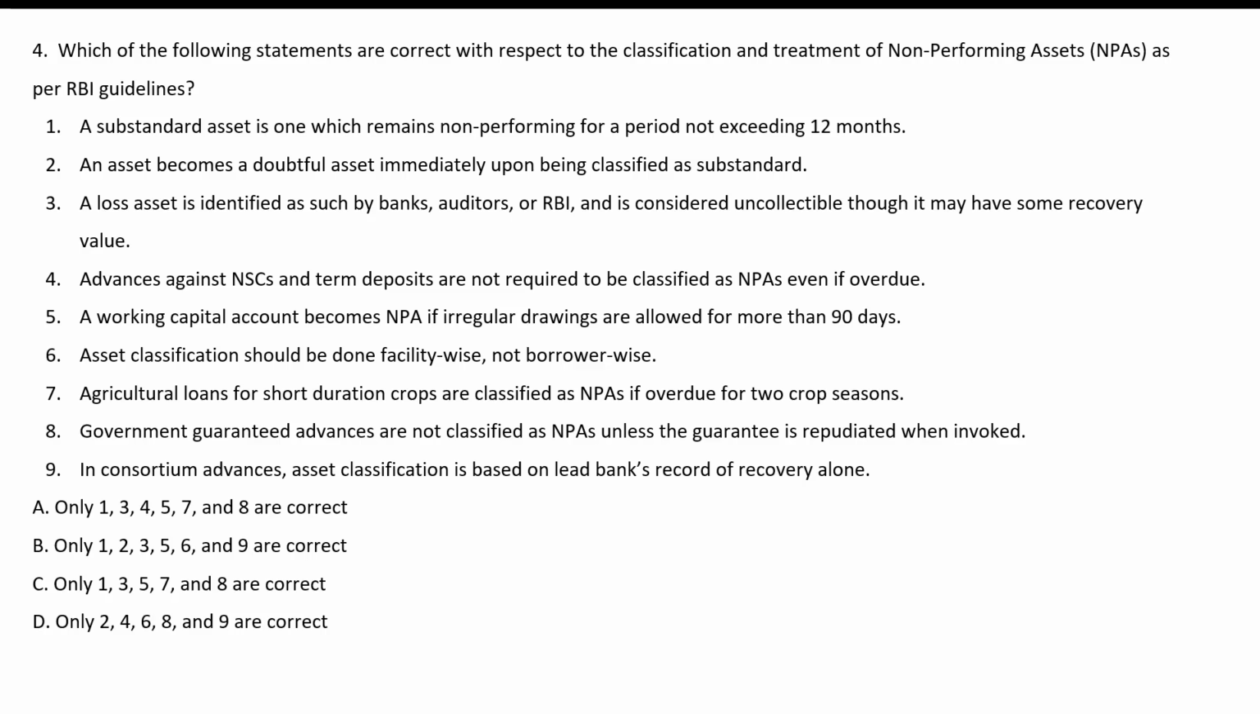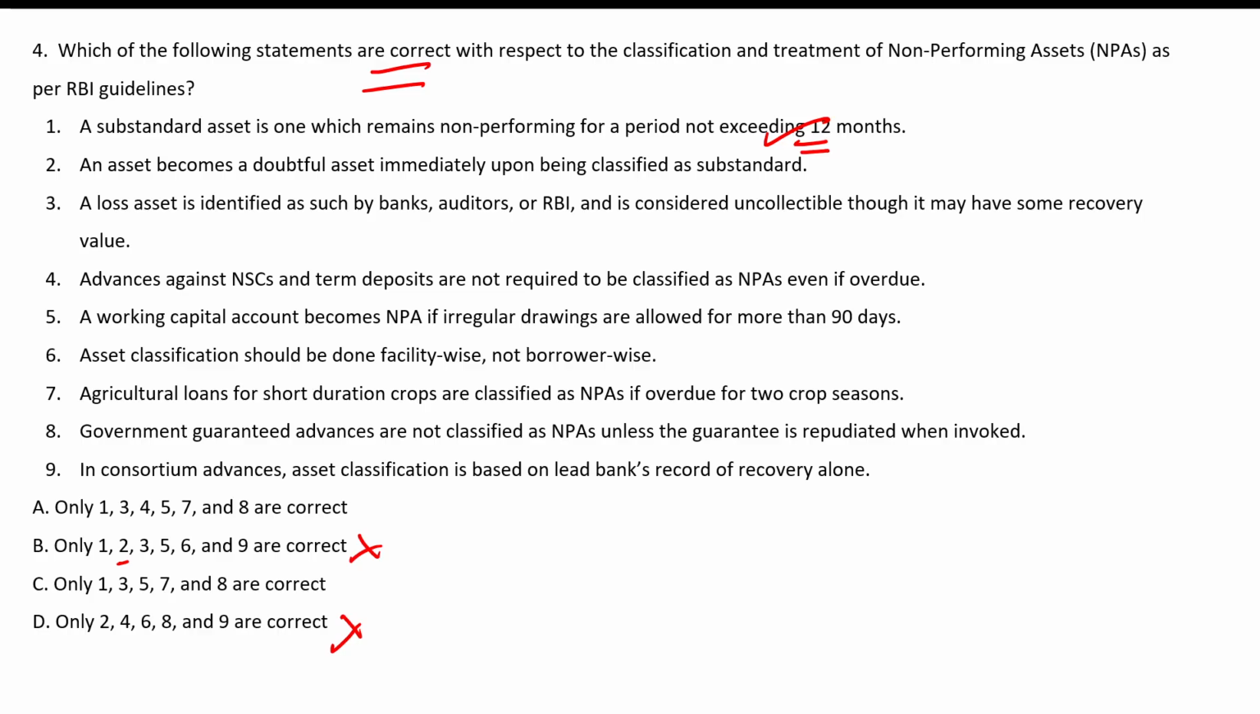Which of the following statements are correct with respect to classification treatment of NPA? Okay. So, let's read statement 1. A substandard asset is one which remains non-performing for a period not exceeding 12 months. So, this statement is correct. So, D gets eliminated. 3 is there in both. Let's read statement number 2. An asset becomes doubtful asset immediately upon being classified as substandard. No, it becomes doubtful only after remaining substandard for 12 months, and hence 2 is not correct, making option B